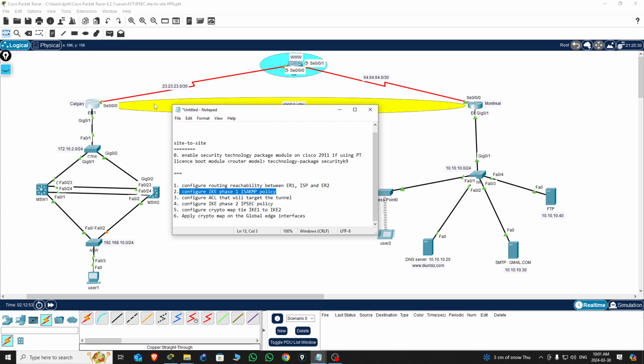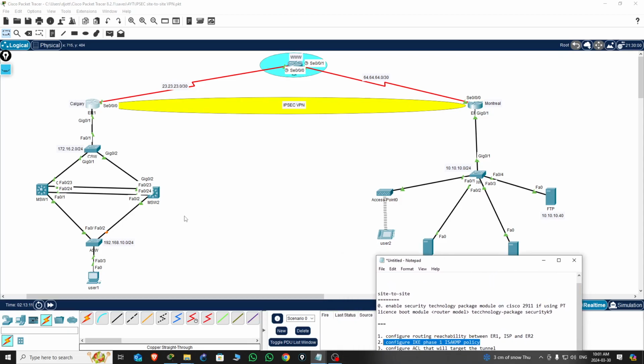Okay, so to just configure a handshake between this router and that router before even sending traffic. We have to first of all configure the handshake, this IPsec Phase 1, and then number 3 is to define what's going to be the interesting traffic that's going to be routed on the VPN. What is the traffic that you don't want the ISP to see? The traffic that you want encrypted is going to be